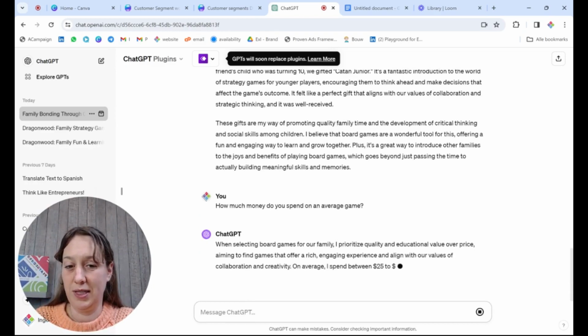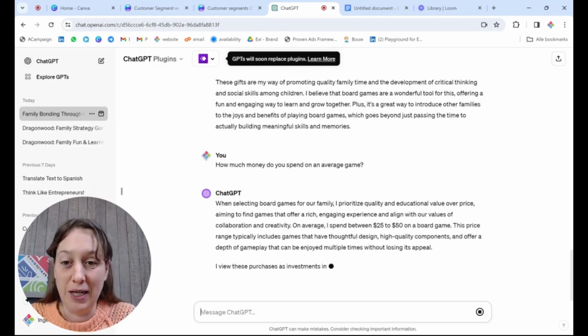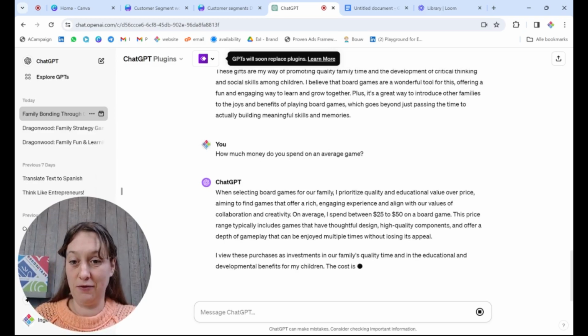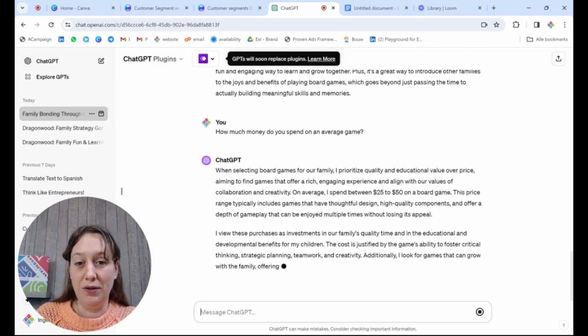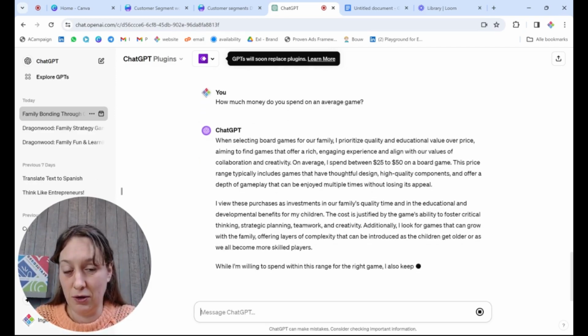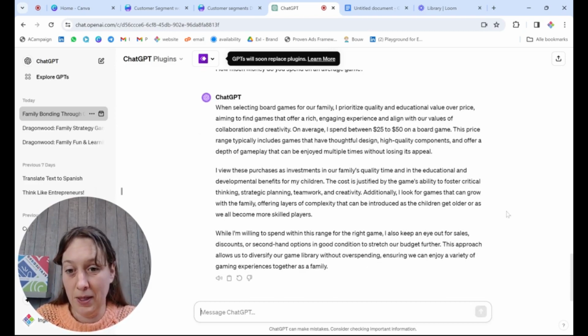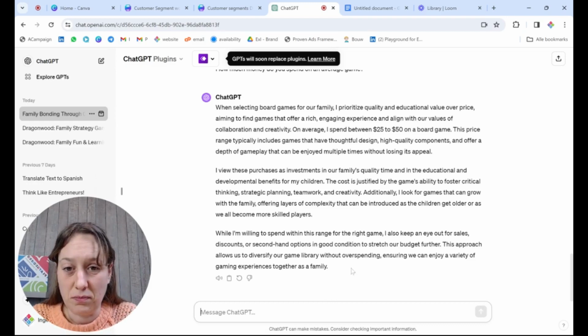Yeah, she prioritizes quality and educational value. So that was quite clear from the answer already. This confirms that implicit assumption. So on average, she spends between $25 and $50 on each board game. But she does take sales and discounts into account and eventually second-hand options. Okay, that's great information. So